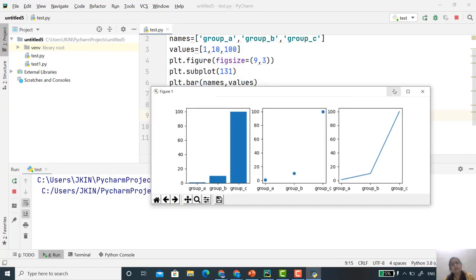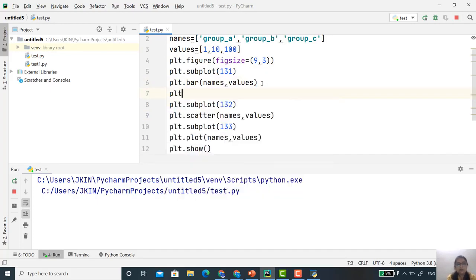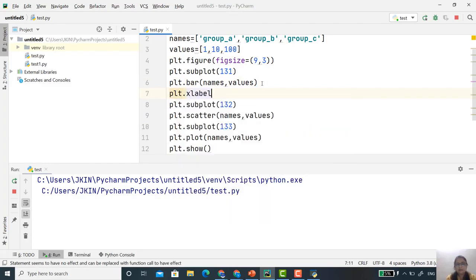Here also you can provide labels to your subplot. If I want to provide a label to my subplot, then I simply have to write plt.xlabel and provide x-axis of subplot 1.